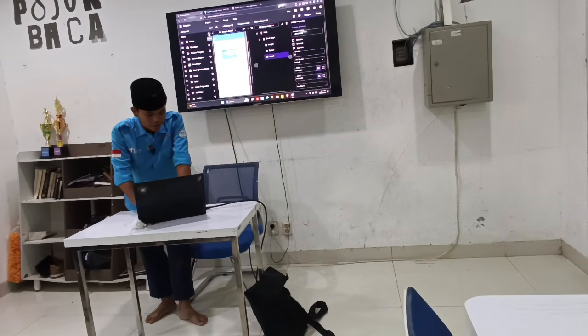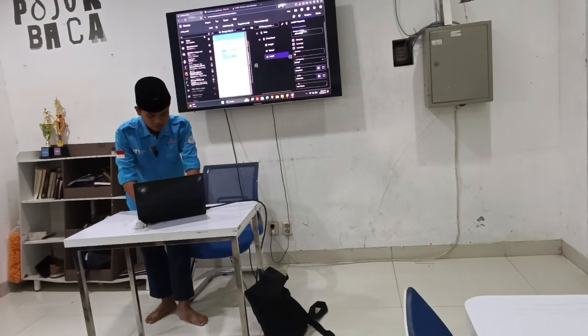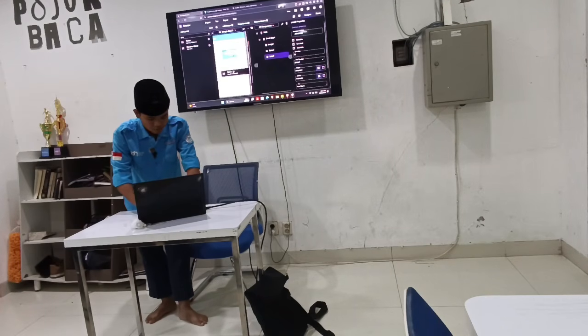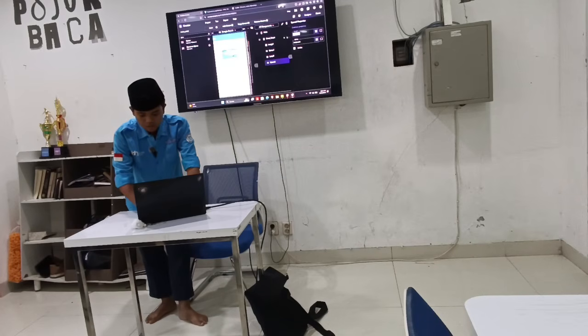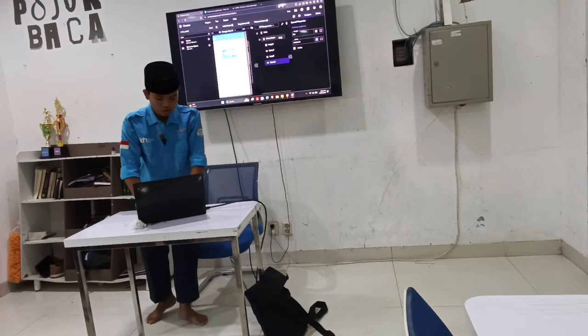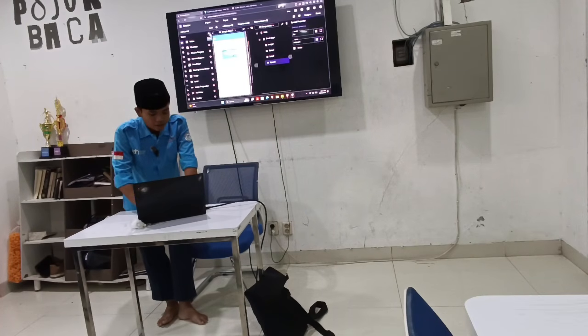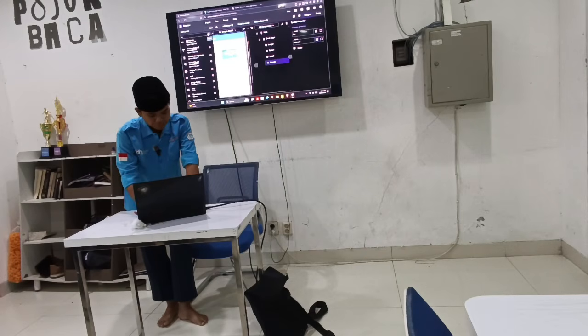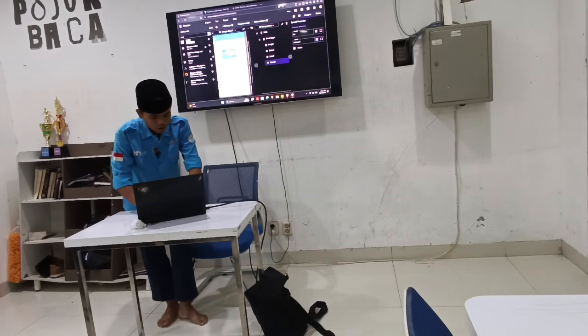Then next you can add another space. For the height, just change it to the same 2 pixels, and then add another label for your birthday.